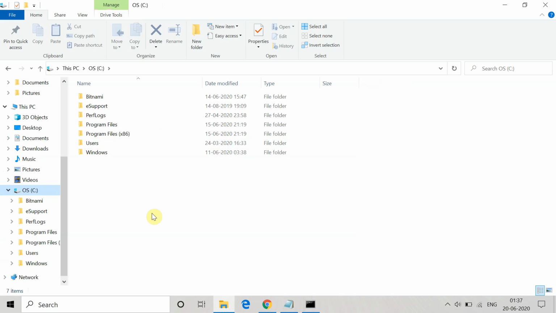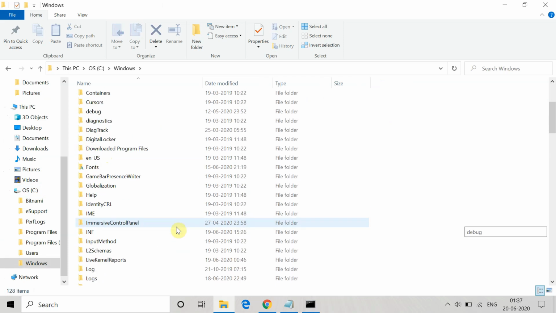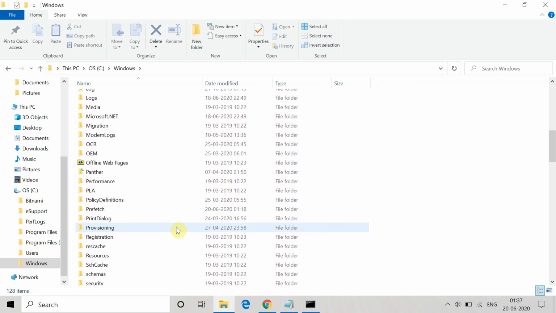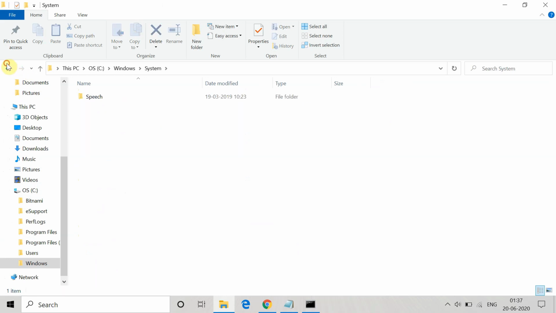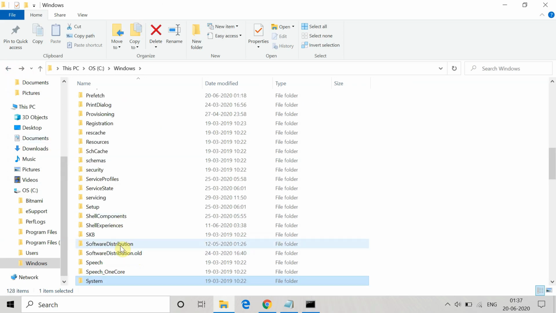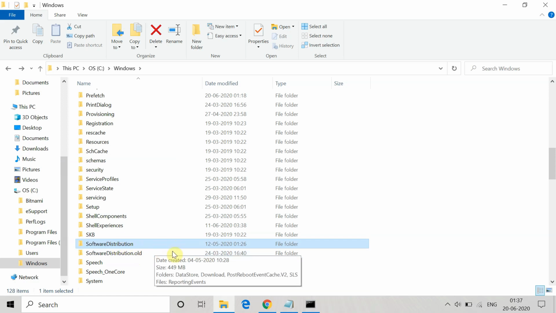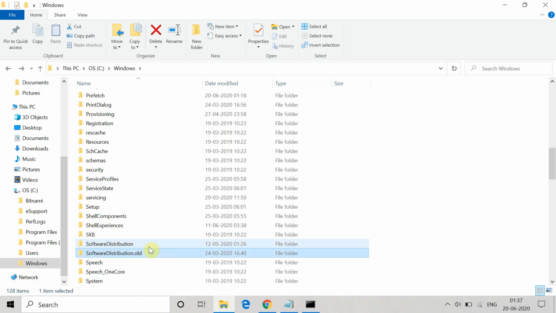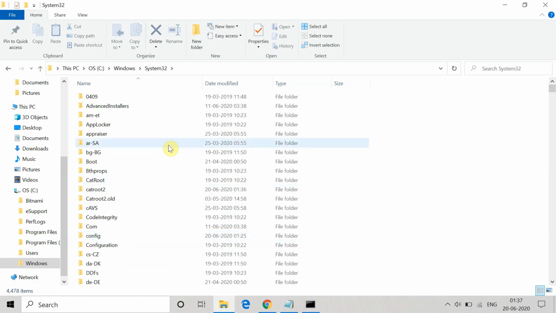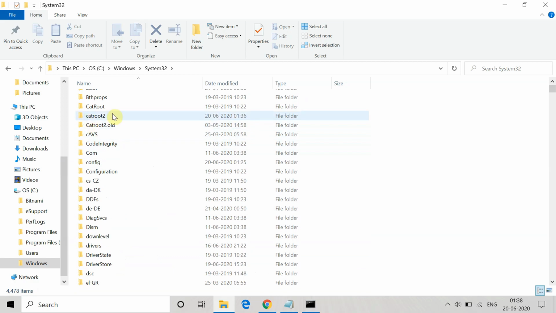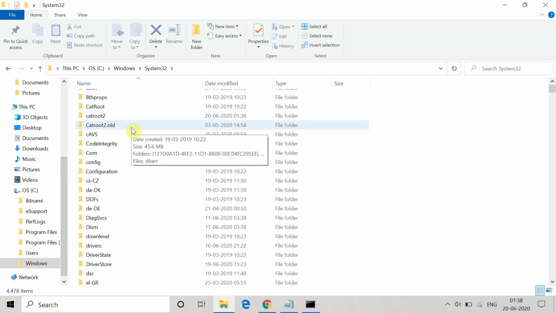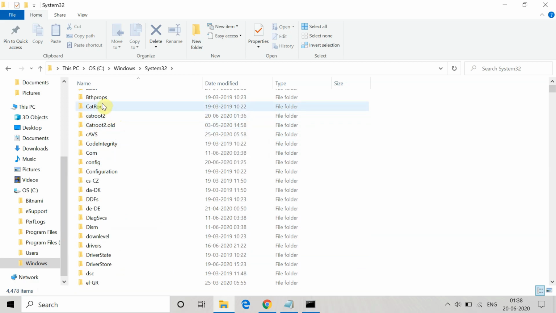In your C drive, you will go to Windows and you can see SoftwareDistribution.old. You can see these 2 folders upside in my system. SoftwareDistribution is changed to SoftwareDistribution.old. Similarly, go to System32 and here you can see catroot2 is changed to catroot2.old. So another folder is created and renamed. Like that, these 2 commands will rename them.